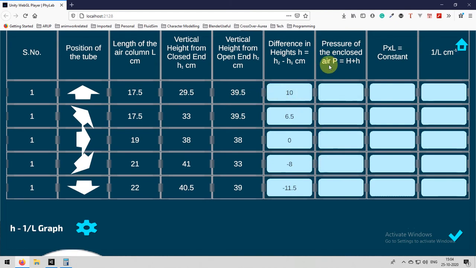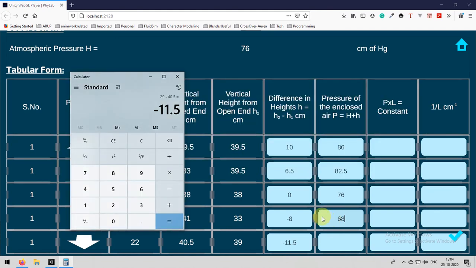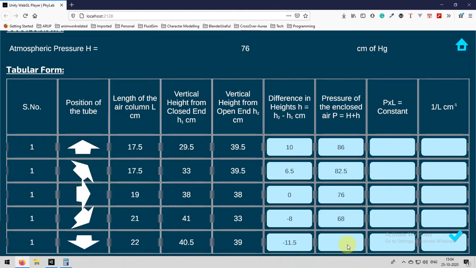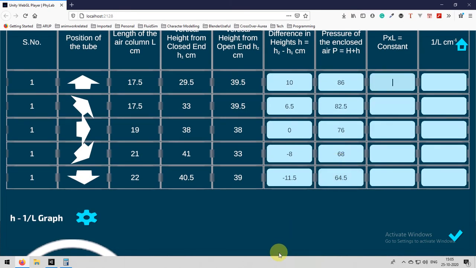And next one, I am calculating the pressure. The standard atmospheric pressure is 76 centimeters of Hg, and we are adding that to our H, what we got as the difference in heights. So we are adding all those things, and then I am tabulating every data whichever I got, and after getting the P value,